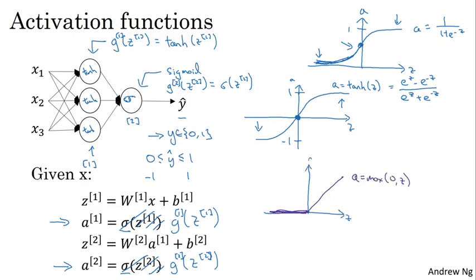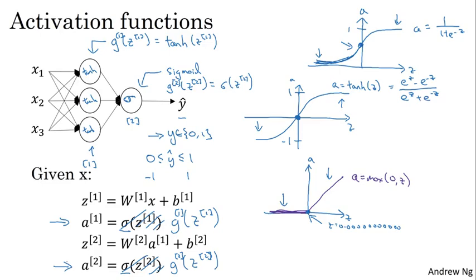So the derivative is 1, so long as z is positive, and the derivative or the slope is 0 when z is negative. If you're implementing this, technically the derivative when z is exactly 0 is not well defined, but when you implement this in the computer, the odds that you get exactly z equals 0.00000000000 is very small, so you don't need to worry about it. In practice, you could pretend the derivative when z is equal to 0 is either 1 or 0, and your code will work just fine. So the fact that it's not differentiable